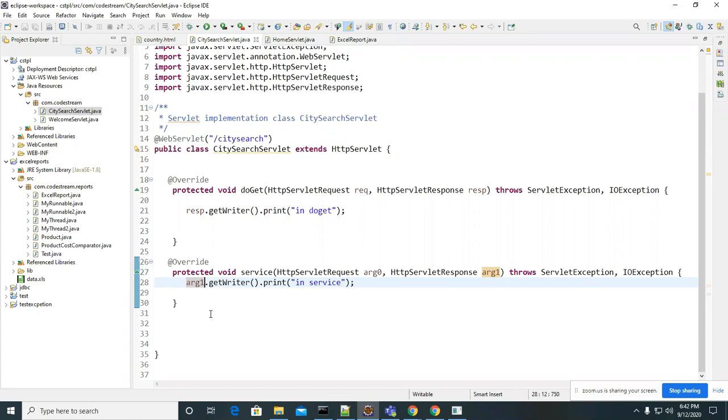But we already overrode that. So when it is overridden, it won't go there and won't try to call doGet or doPost. It will directly execute it. Whatever the method is, get or post, it will always call the service method. So it will always execute the service method. This is all the continuous flow, guys. You should remember all this flow.